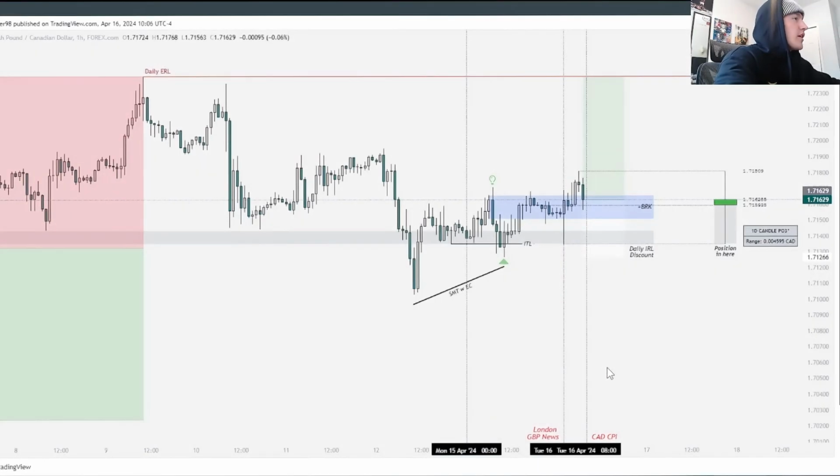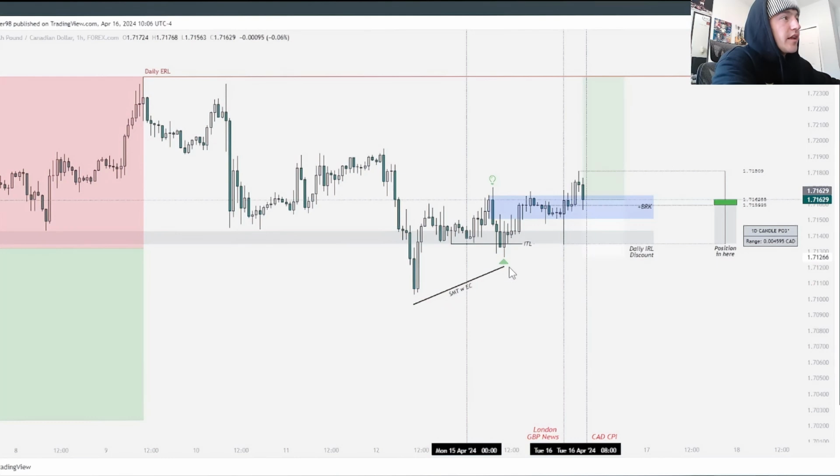So if you're looking at price before the CPI data release and you have a daily candle formation to the right, you're understanding that you want to position yourself in the wick, not in the body, just like how I positioned myself in the wick of the weekly candle and not the body. You could enter off of that breaker block and put your stop loss right below that intermediate term low because